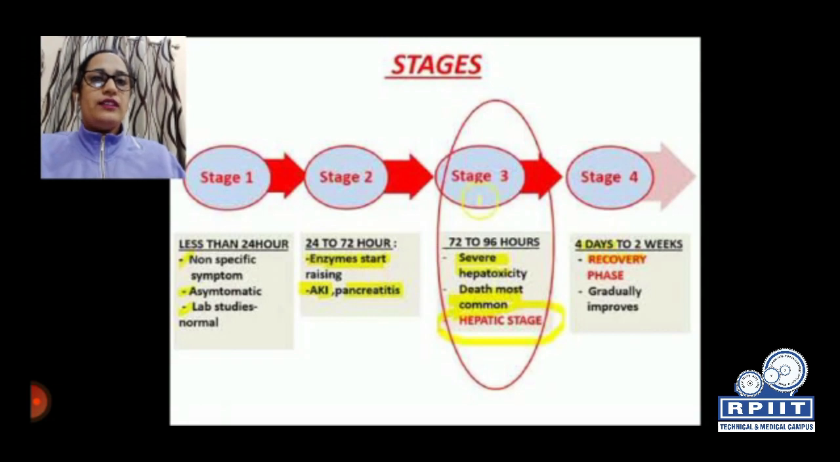During stage 1, there is no specific symptom, it is asymptomatic and lab studies of the patient are normal, whereas stage 2 is between 24 to 72 hours. In this stage,